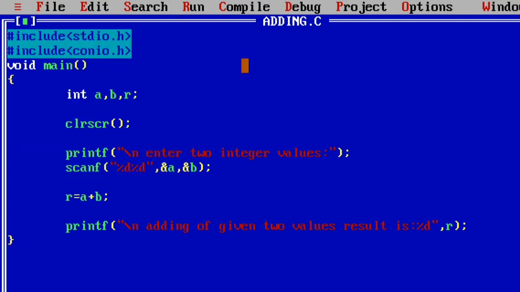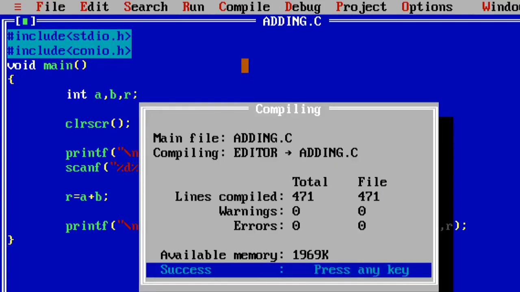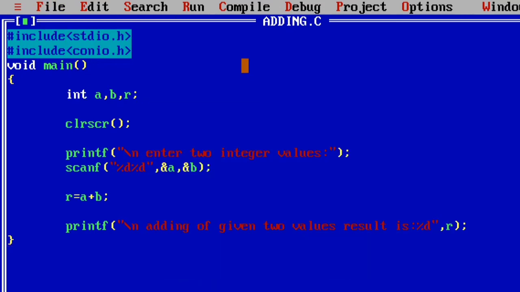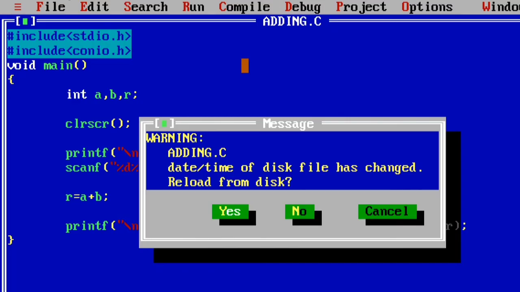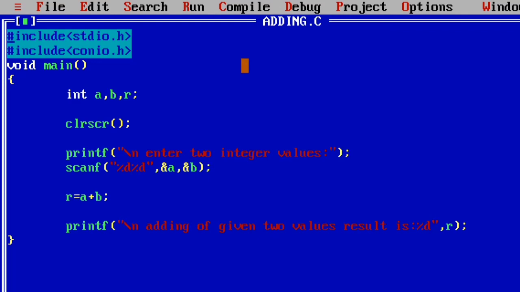Then press Alt F9 for compilation, then Ctrl F9 for execution of the program. In the execution, the program asks for the values, enter two integer values, that is 11 and I enter 22, and the output is printed on your output screen.